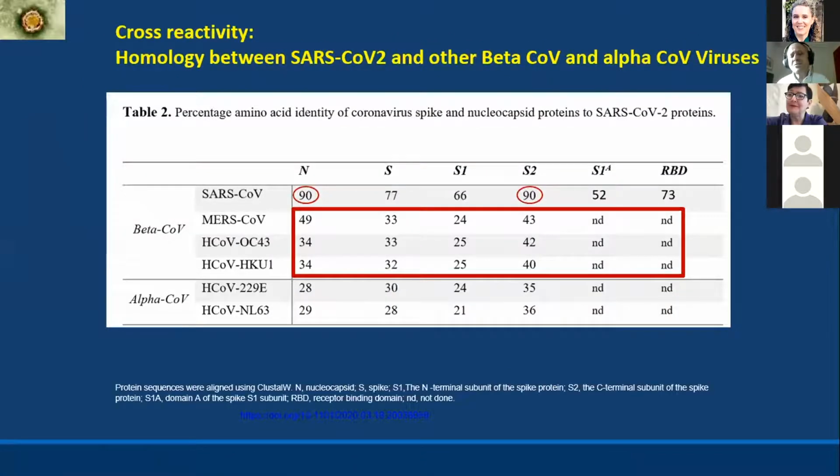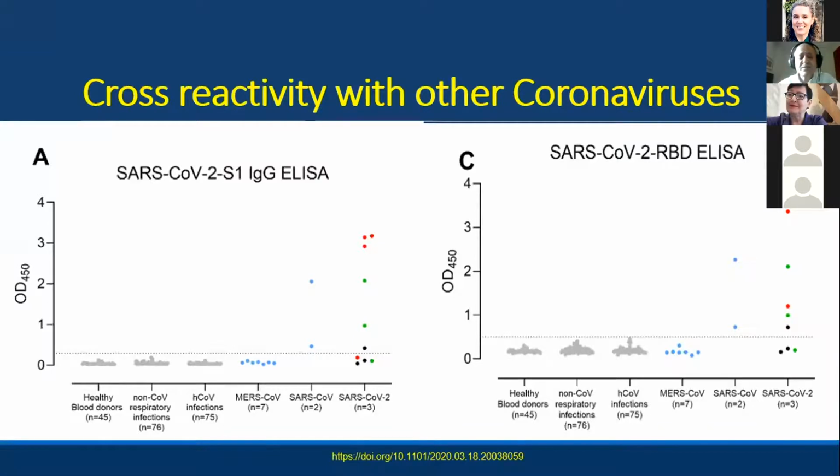It is interesting to note that there is very little cross-reactivity between the genomes of these viruses, especially when it comes to the protein level. When we look at the percentage of homology between SARS-CoV-2 and SARS-CoV-1, there is a big homology in the N antigen and the S2 part of the S antigen, while there is very little, less than 50% homology, with MERS-CoV. With other beta viruses or alpha coronaviruses, there is very little homology with SARS-CoV-2. And this was translated into serology assays,